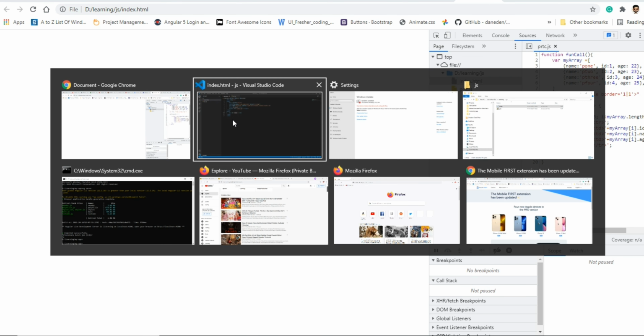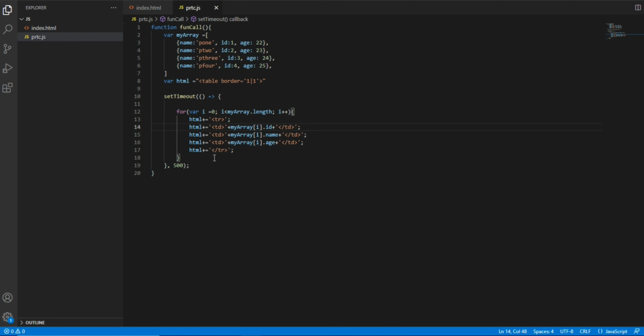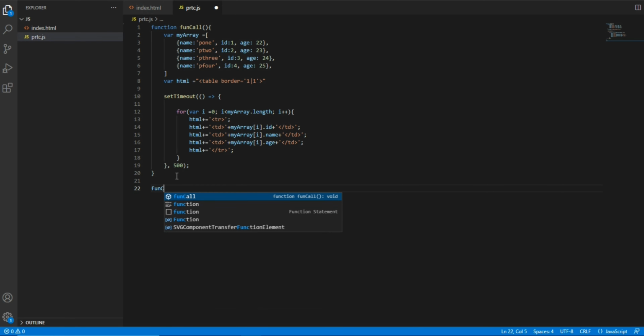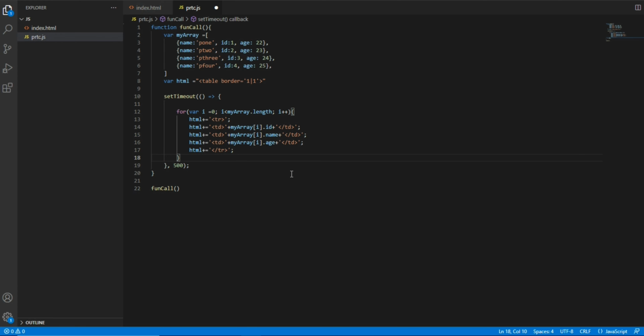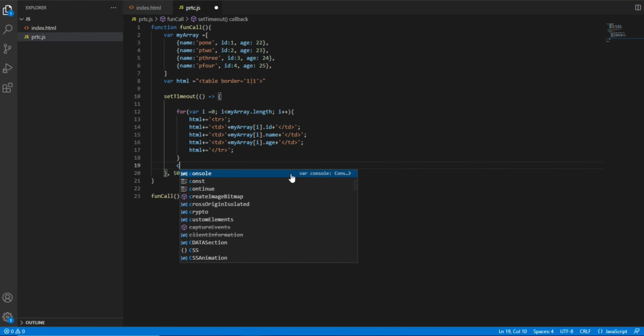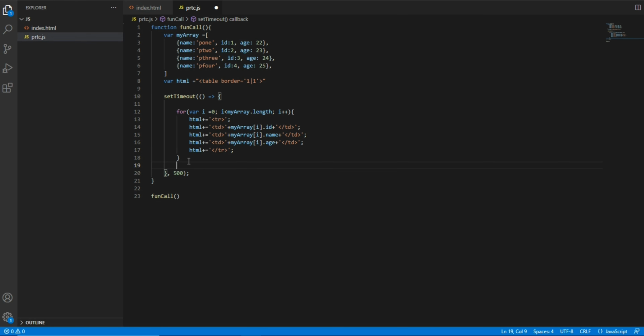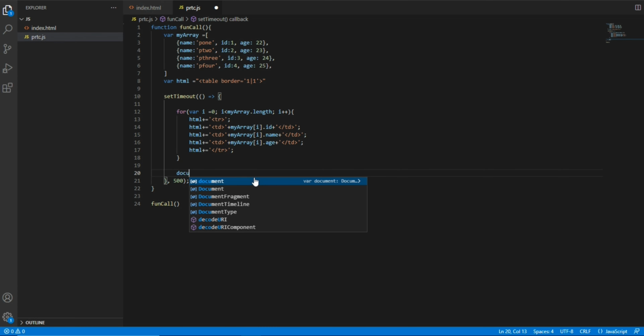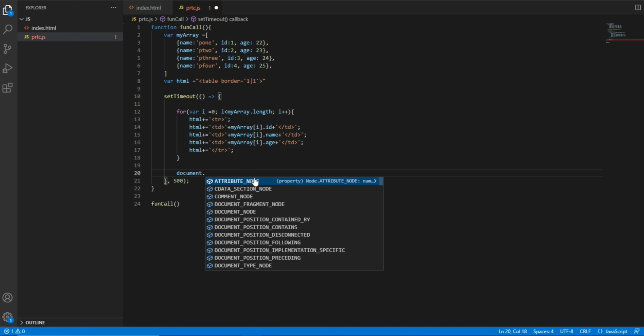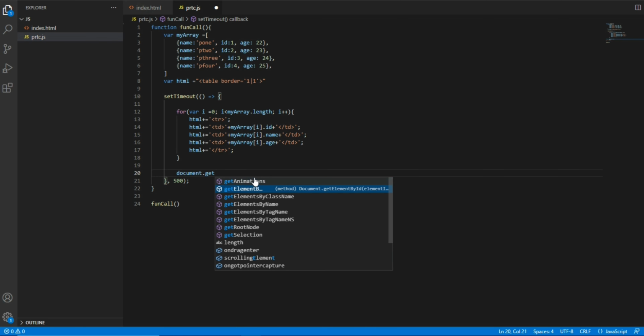Now I need to call this function, and I need to assign this HTML to the table ID. In JavaScript we have document dot getElementById.